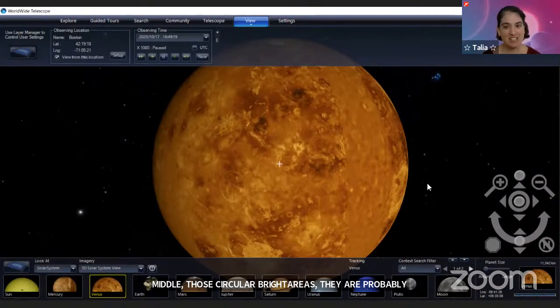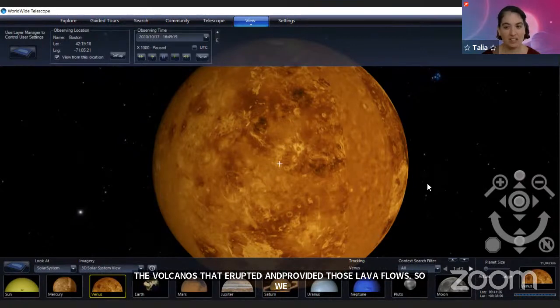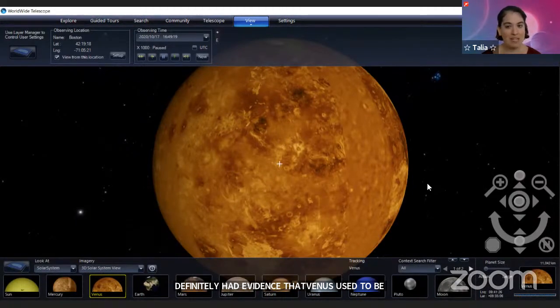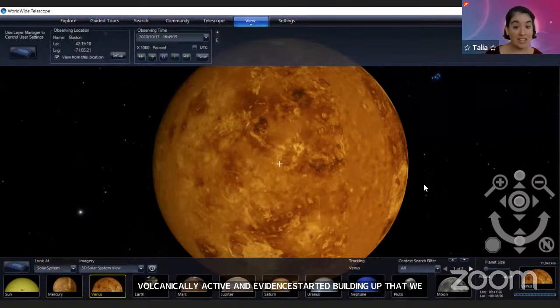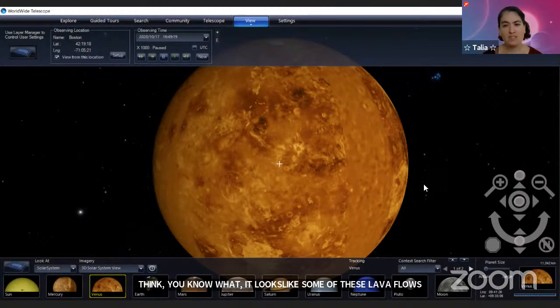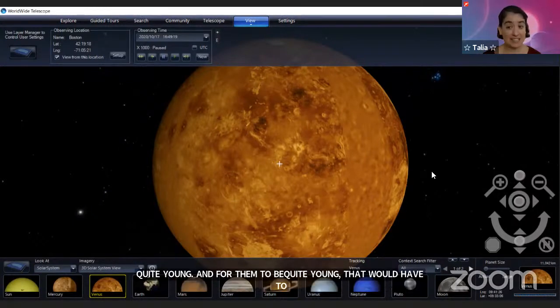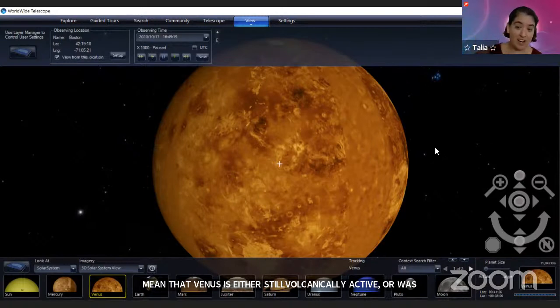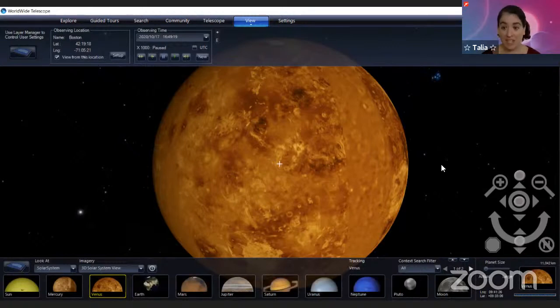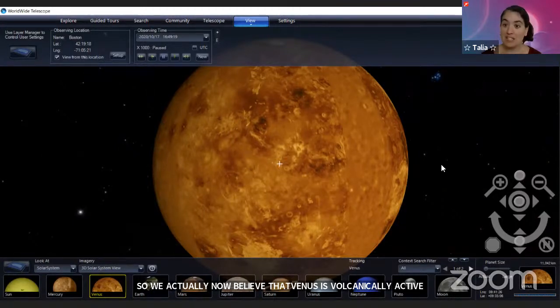We think it looks like some of these lava flows are quite young. And for them to be quite young, that would have to mean Venus is either still volcanically active or was volcanically active until very, very, very recently. And it seems unlikely that volcanism would have cut off on Venus sometime very recently. So we actually now believe that Venus is volcanically active today, which makes it the only one of the rocky planets other than Earth to currently have volcanoes going off on its surface,